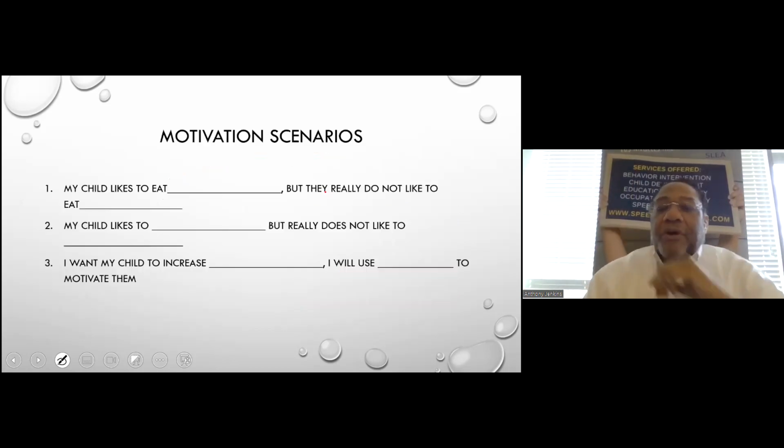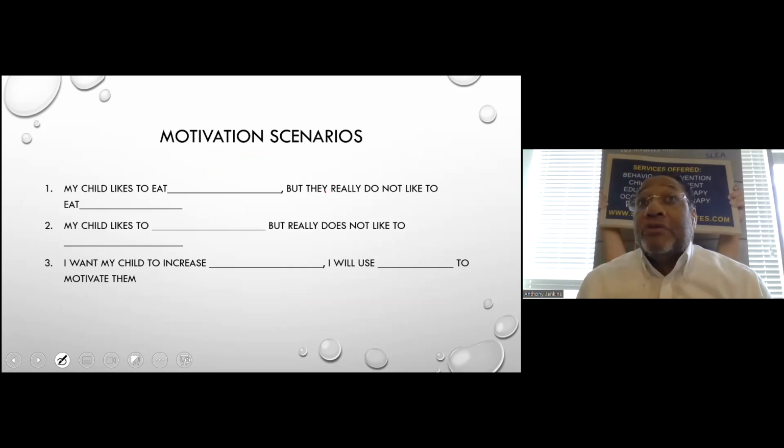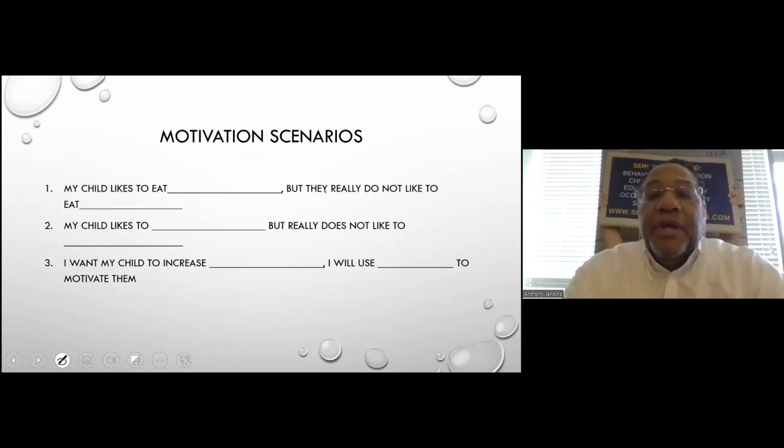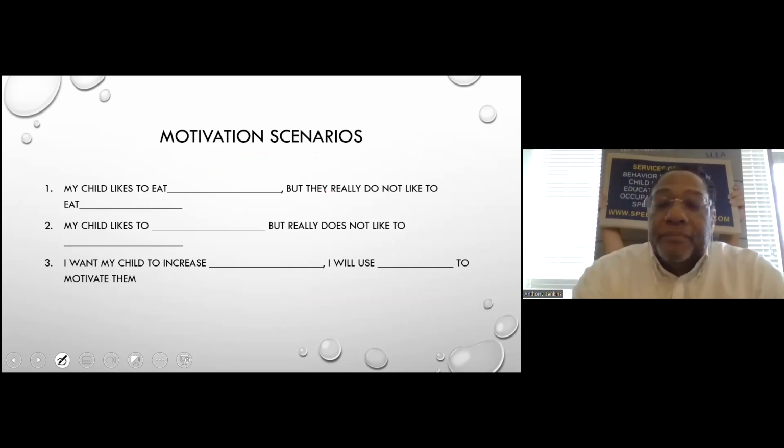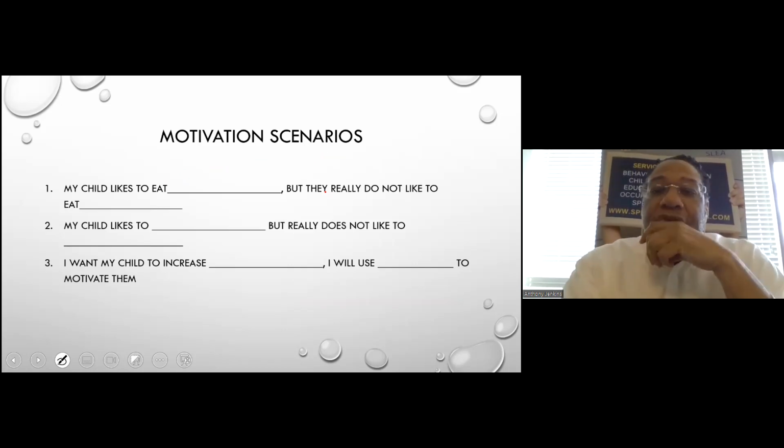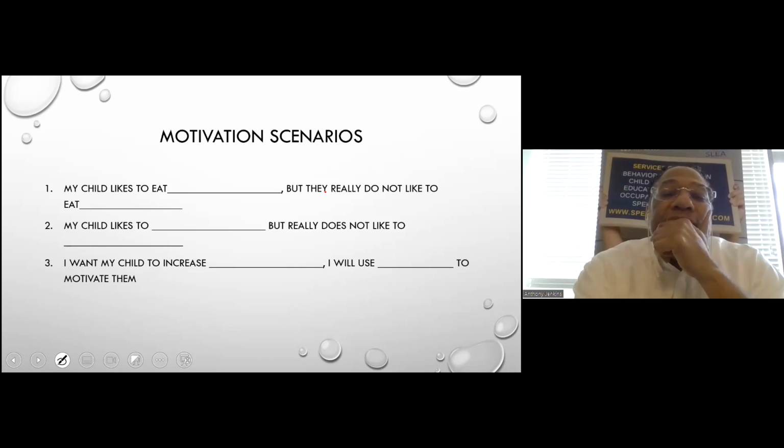All right, so think about these scenarios. That's why I had you guys do the reinforcer checklist. My kid likes to eat, but they really don't like to eat blank. So let me think of myself. I don't really like to eat